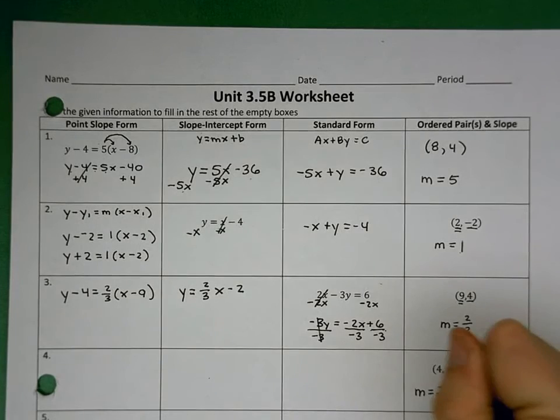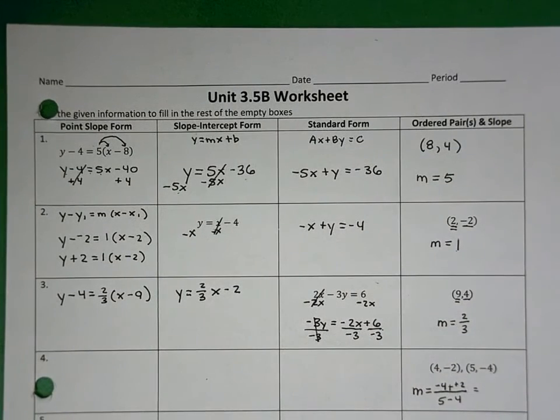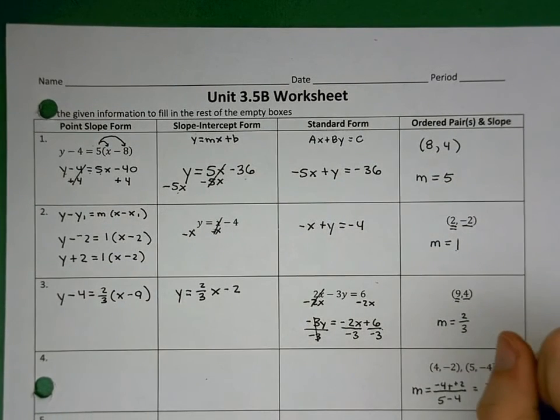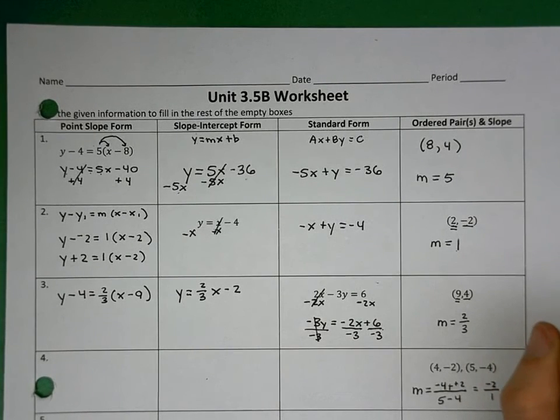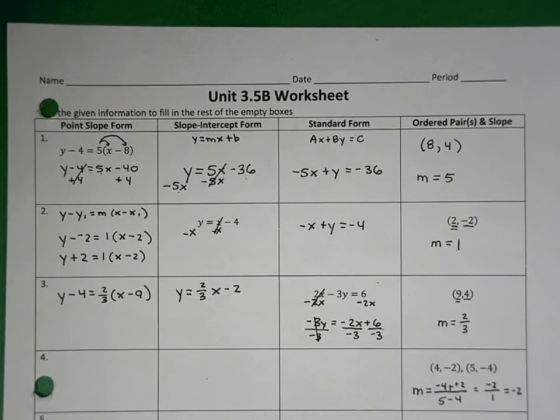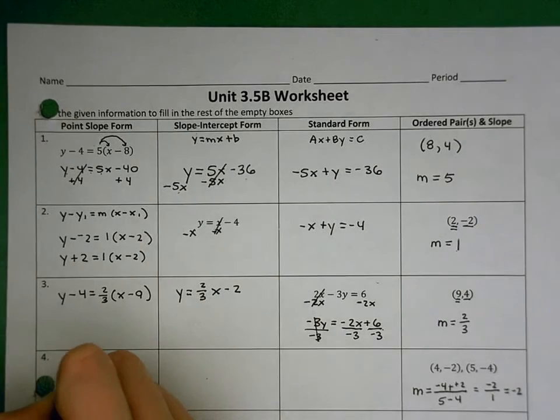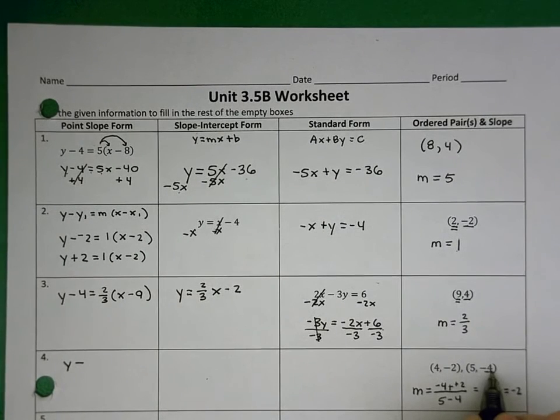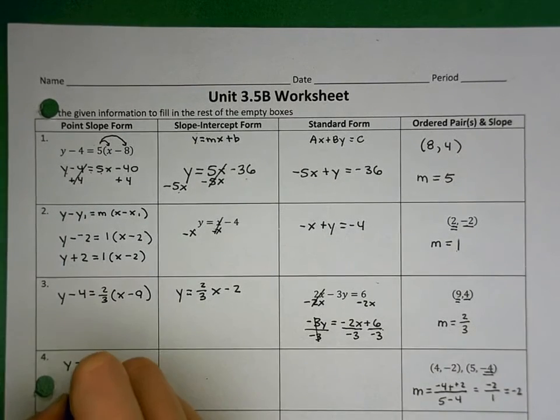-4 minus -2, minus a negative is the same thing as positive. -4 plus 2 is -2. 5 minus 4 is 1, and -2 divided by 1 is -2. Okay. At this point you've got your slope, and you've got a point. You actually have 2 points, and so we can very easily turn it into point-slope form. It doesn't matter which point you use, you pick one of them. Okay. And so we have our y minus, if I used this point, it would be -4